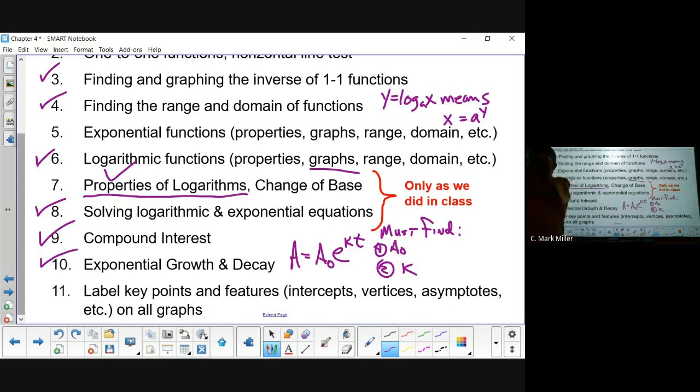Now, if you have either A almost blank, or total nonsense in A, you're going to miss parts B and C. If you don't come up with an equation that you're going to use correctly in parts B and C, you're going to miss parts B and C even if you miss A. But if you correctly use the growth model that you arrived at in A in parts B and C, even if part A was wrong, you got full credit